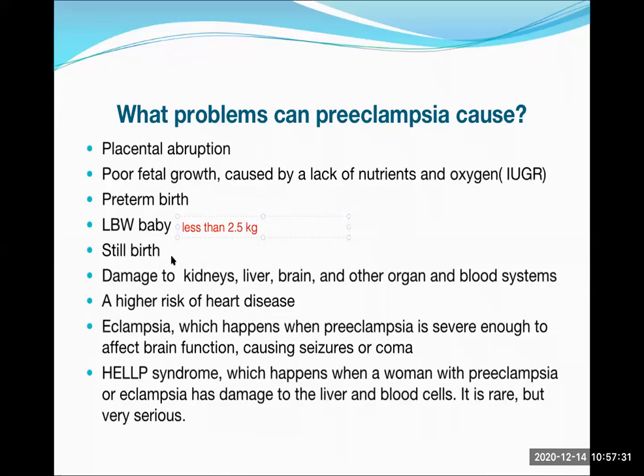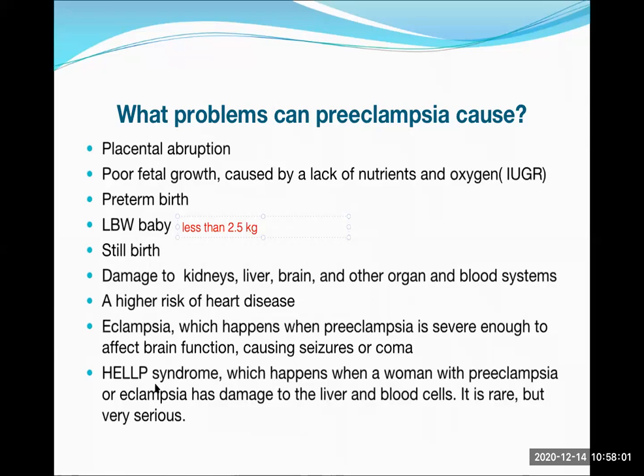Now, stillbirth means dead baby, okay, because it can cause a serious problem and the baby may be born dead. Damage to kidney, liver, brain, and other organ and blood system, definitely. That's why the multiple organ dysfunction can occur. A higher risk of heart disease because of hypertension, there may be damage to the heart. Eclampsia may result, okay, and eclampsia is a disorder or dysfunction of the brain, which can cause seizure or even